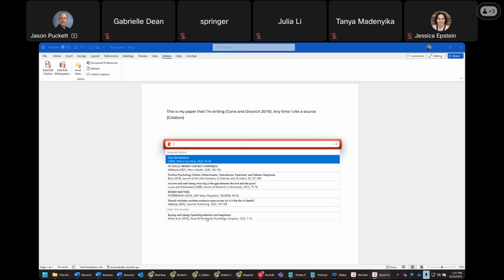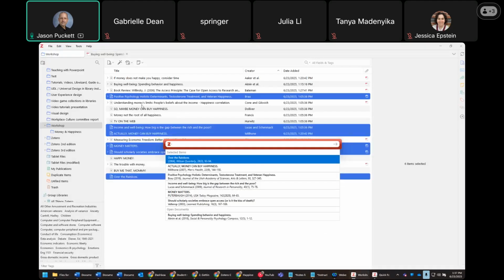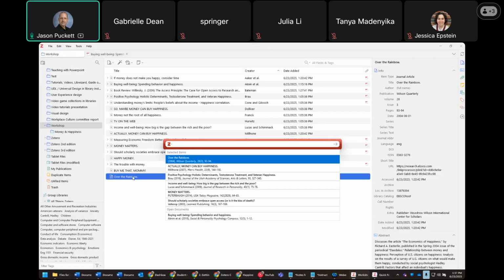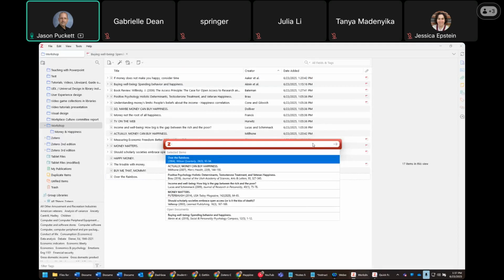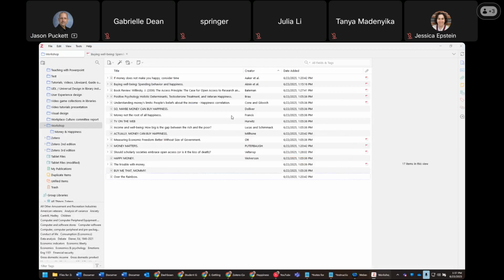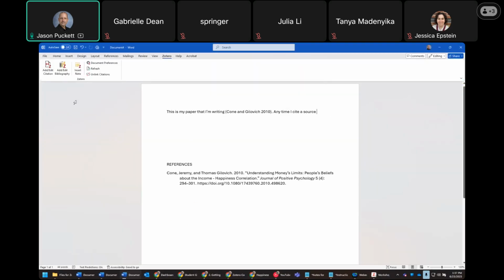And by the way, these are showing up because I have some sources selected in my Zotero library, so it pre-populates that list there. Okay, let me try that again. If I deselect all of these and then go back to my document, add citation,